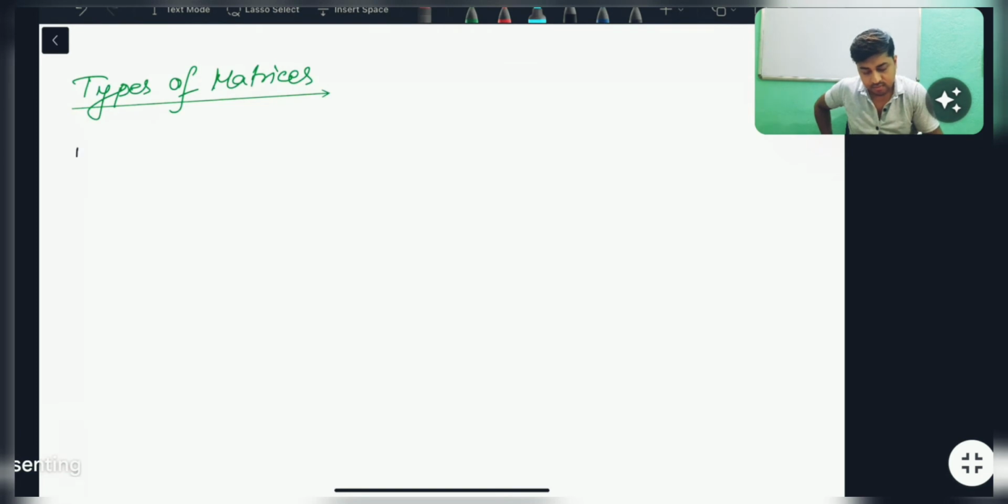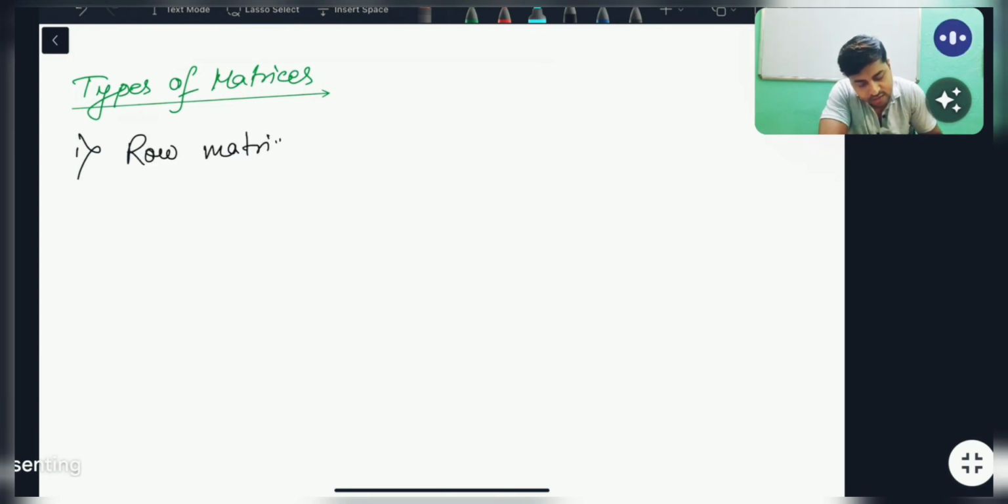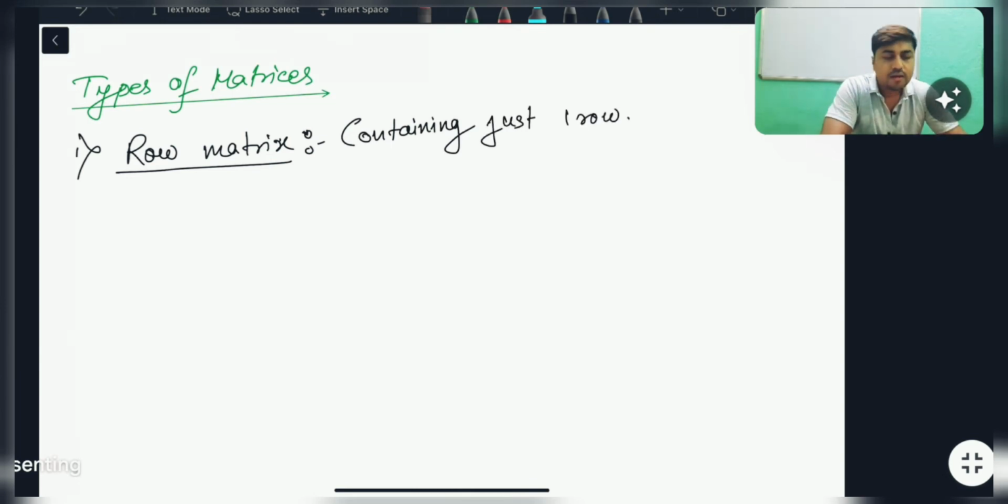Okay, first is the row matrix. Row matrix, okay. I am writing row matrix. What is meant by row matrix? It only has one row. Containing just one row. Write it down, everyone. Containing just one row. There will be just one row. For example,